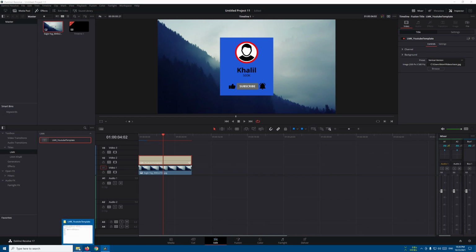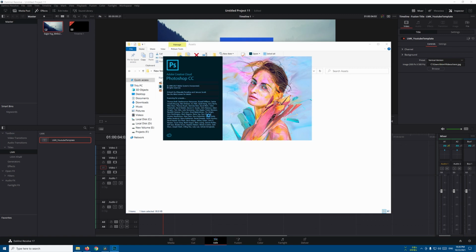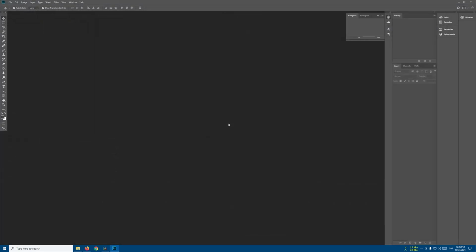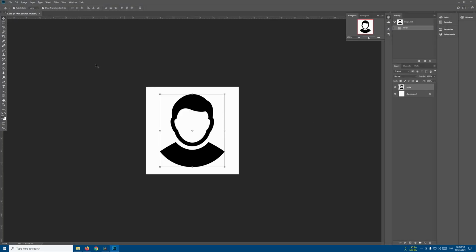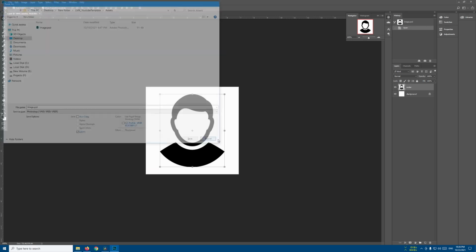And that's it. If you have Photoshop, you can simply go to the assets folder in your .zip file and open the image.psd. You can add your image and edit it in Photoshop and then save it and import it inside of Davinci Resolve. You can find a template here to edit, so simply drag your image, change the size, and then go to file, save as, and save it as a JPEG or PNG and import it inside of